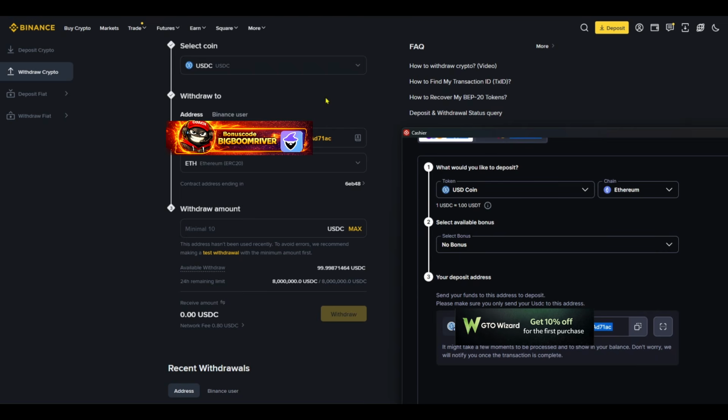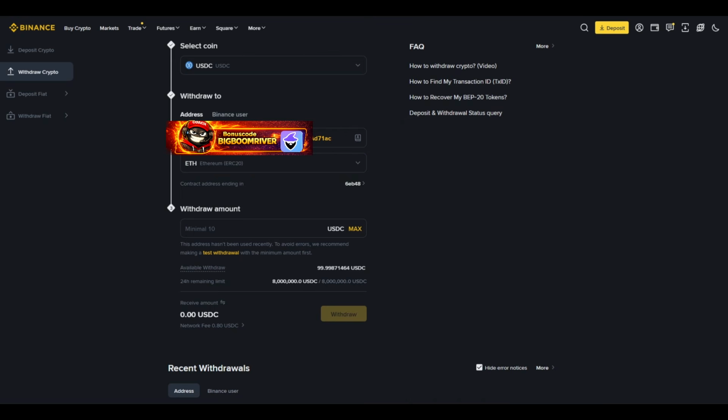We take our CoinPoker account and double check. We want to send USDC and we want to use the Ethereum chain. So it's correct. We press the withdrawal amount. In my case, it's just the maximum because this is all I have on Binance. And now we press withdraw